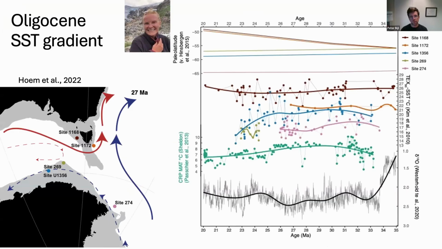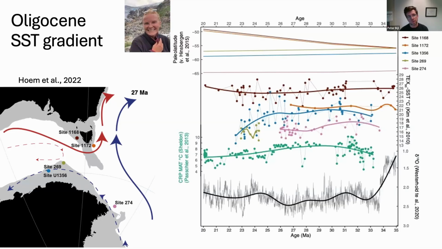So we generated records also from site 274, close to the Antarctic margin but slightly further offshore, and from Tasmania. This is a paleogeographic configuration that has Australia obviously much closer because it was the Oligocene. And we have these sites here to put the record from 1356 into a better latitudinal context. You see the color coding of the dots here, and that represents the color coding of these temperature records. And you see a latitudinal temperature gradient through the Southern Ocean, although it was narrower at that time, of about 5 to 6 degrees. And that is indeed a lot less than today, obviously.